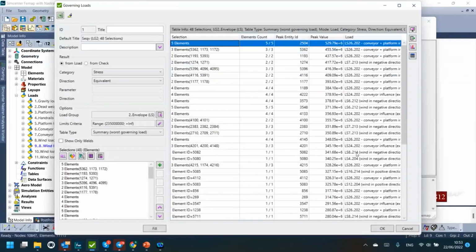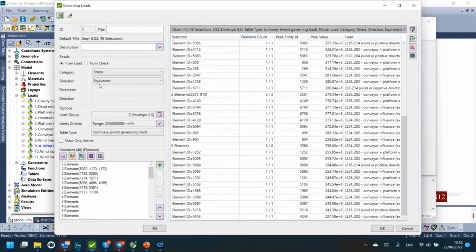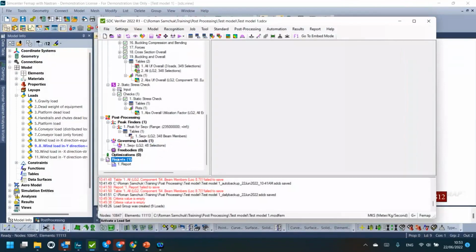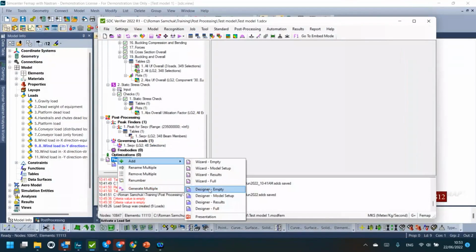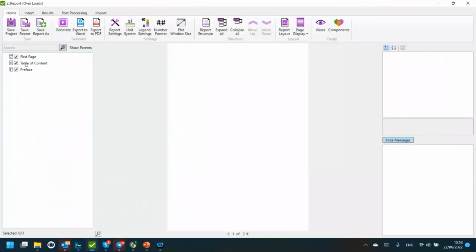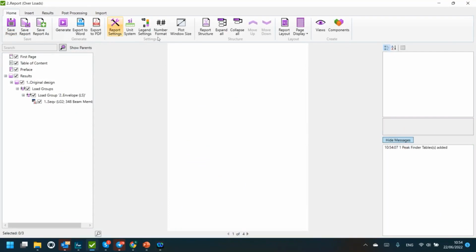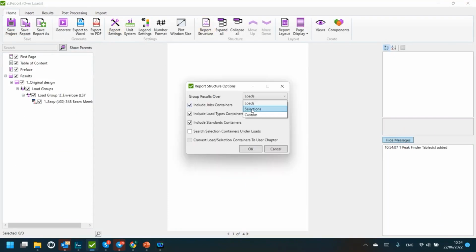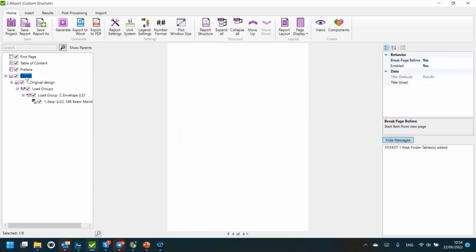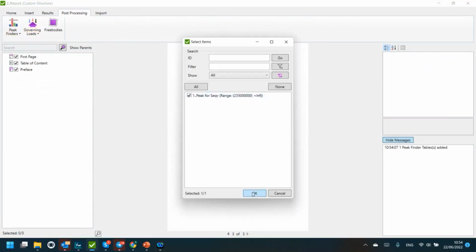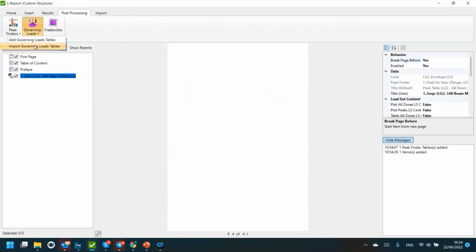What is more important here is that all this can be repeated for every overstress zone, and you can store them also in the reporting. So if I go to my report, I will create a new one. If I go to the post-processing chapter, governing loads, and also peak table, I can import what I already created. Okay, but I would like to make a custom structure, since I don't care about all the things. So I import what I created in the peak finder, in the governing load,